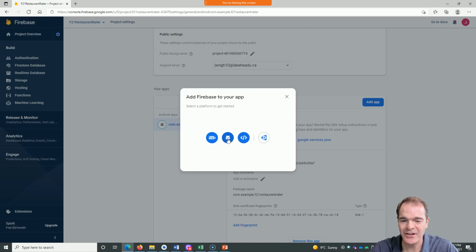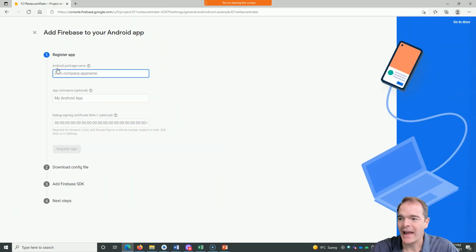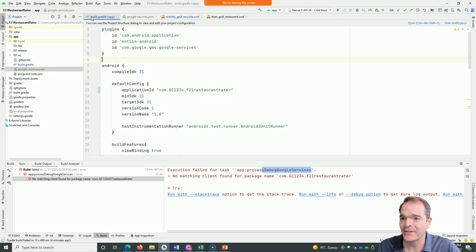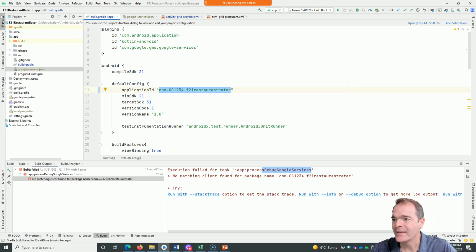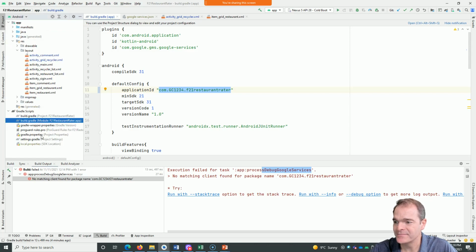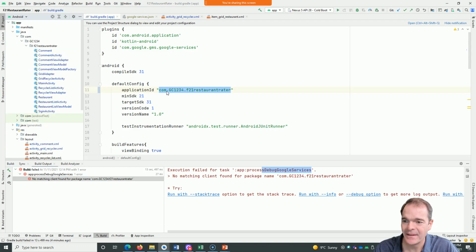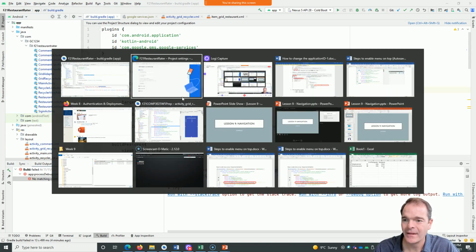I'm going to choose the little Android character here. And now it's asking for the package name. This package name must be the exact same package name that's in your Android Studio. So if I go back to Android Studio, in my build.gradle file, this is my package. I'm in the module level build.gradle file, and I'm just going to take the application ID and copy it. And this should match your directory structure here. So I'm going to copy that and go back into